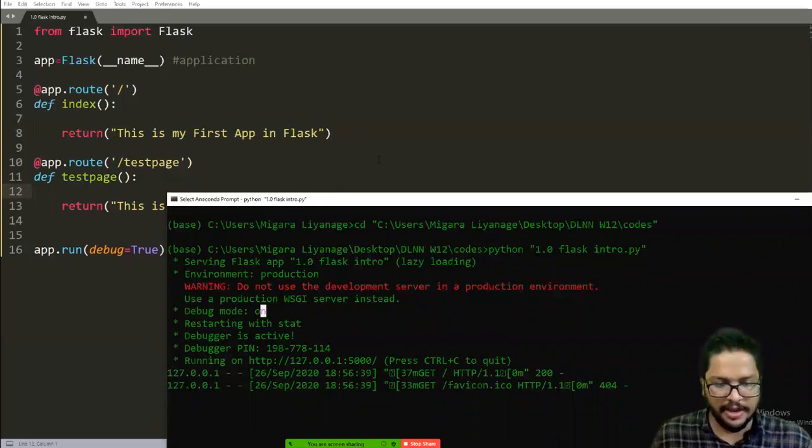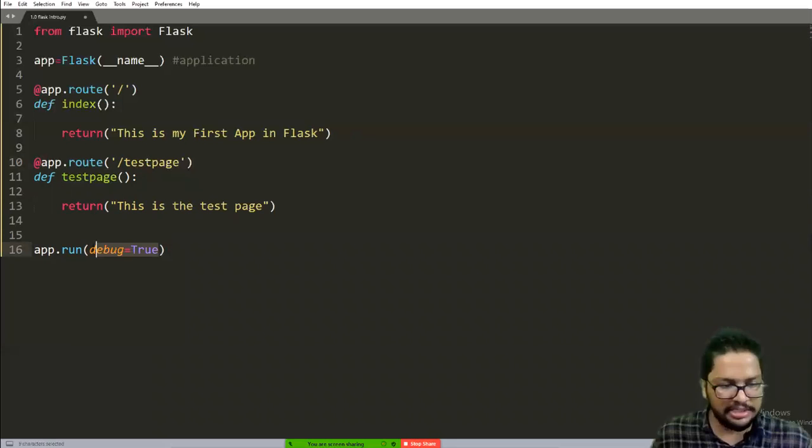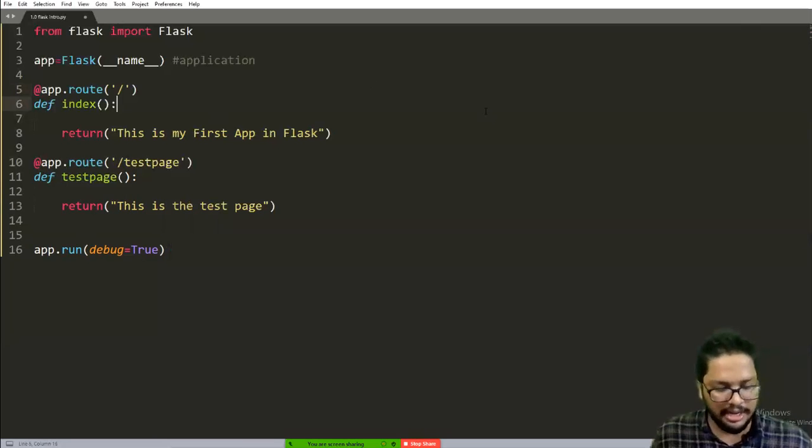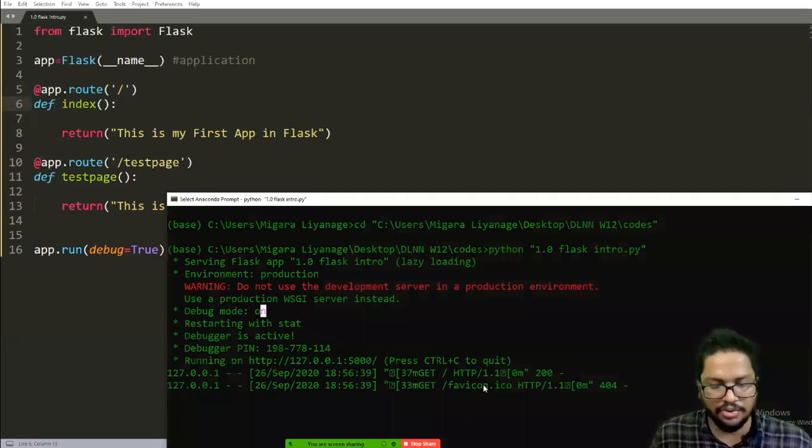That means if you are going to run it using this keyword, if you are going to make debug true, what will happen? You can make changes live. So you can see it's still running, and I can make modifications to my code for the backend, and what you have to do is just press Ctrl S, just save the code, and you can see,